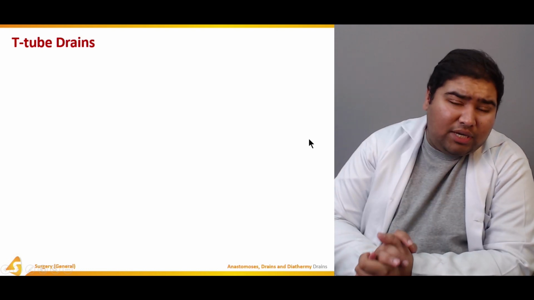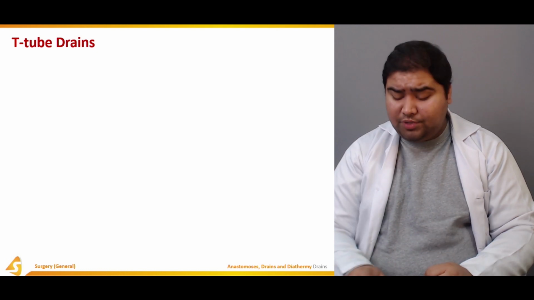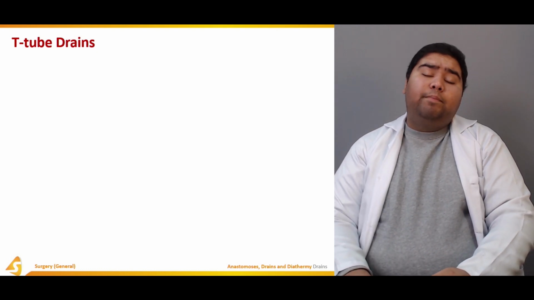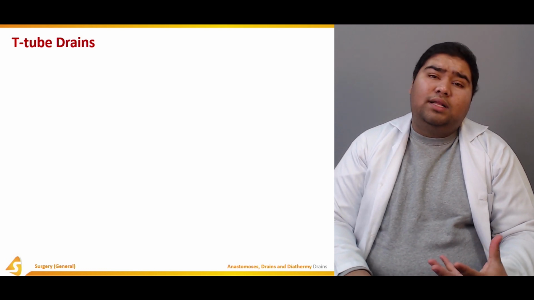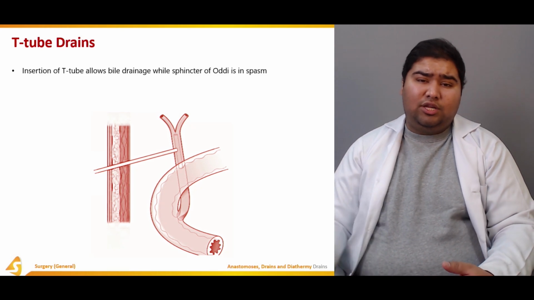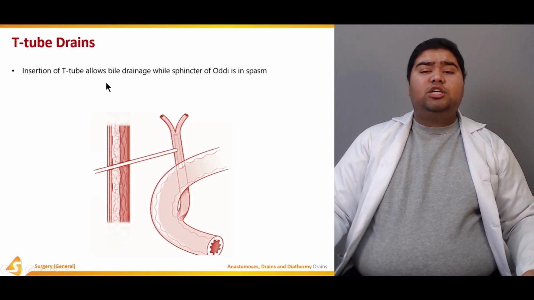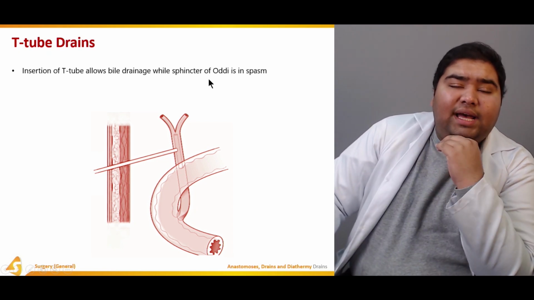Now, T-tube drains. You must know where the T-tube drains are used. T-tube drains are used for pancreatic surgery whenever there is manipulation of the gallbladder. So, insertion of the T-tube allows bile drainage while the sphincter of Oddi is in